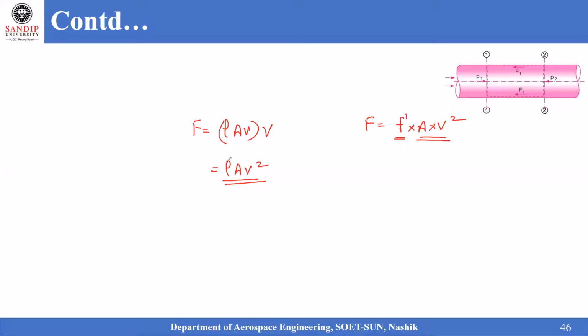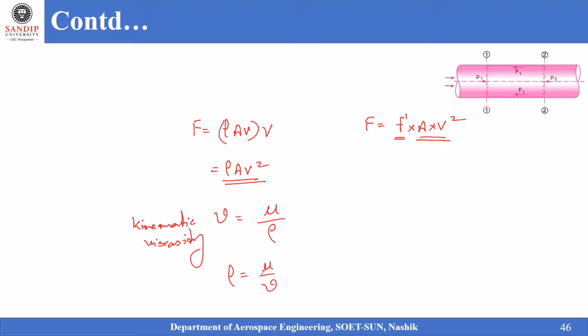Whereas in the actual force we have a density. Now, how can I relate this density in terms of the frictional force, in terms of the viscous forces? In order to relate that, we will be utilizing the kinematic viscosity expression, where the kinematic viscosity is given as dynamic viscosity by rho. So that means density can be taken as mu by v.